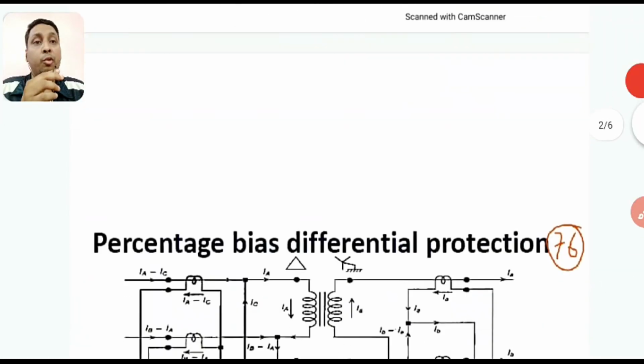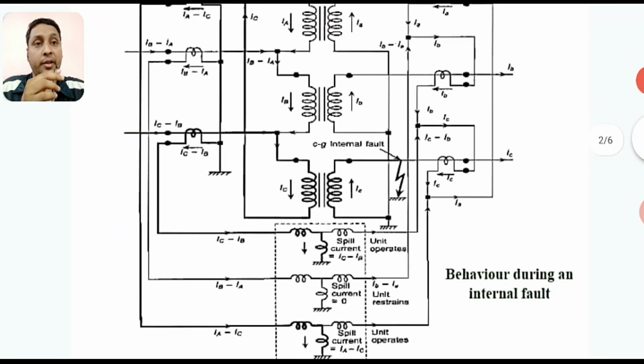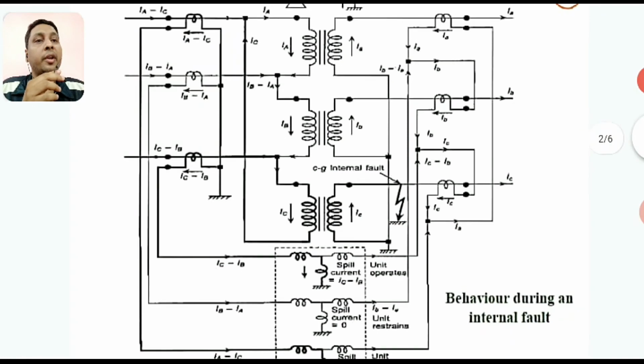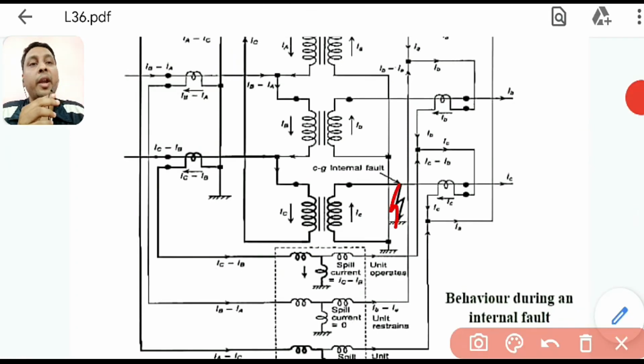So now if you come to an internal fault, see how the scenario changes. Suppose there is a fault inside the windings, inside the transformer. So here there is a fault. So which winding gets affected? Now you can see, because this is faulted, all the currents will flow through this. So this CT will sense nothing. Only negligible current, that is normal line current, it will sense. So fault current will pass through this to this.